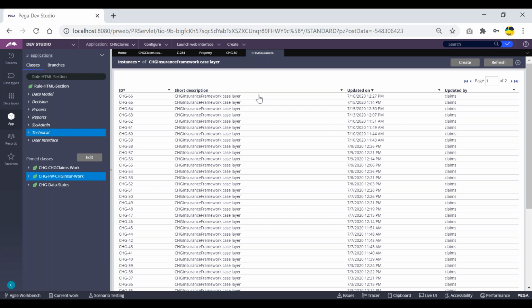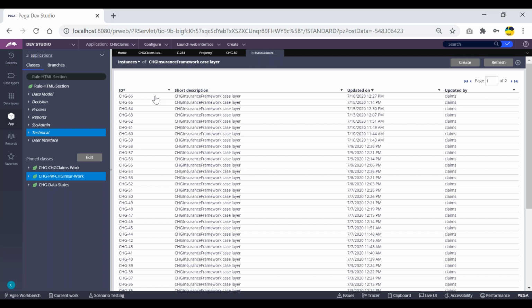Each record will have one unique thing called the PZINSKEY. So each and every time, will the PZINSKEY change, or will it be the same number? The instance work object ID number will be unique all the time, right? It will be changing all the time. If I create a new work object ID, one new ID will be generated. So the instance class will be the same, right? Unique for each record, yes. It will be generated with different numbers within the class.